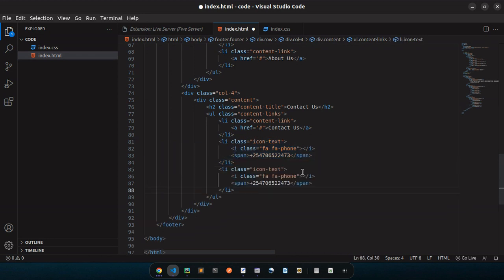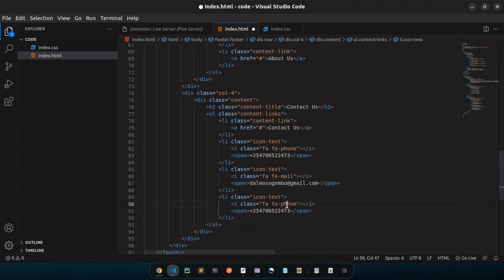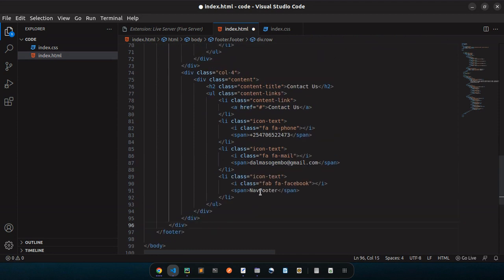Then I'm going to do an email next. I think it's fa-mail. Then I do the mail here at gmail.com. And after that, I can add even Facebook, just your Facebook name. And that's after the contact us. Then we shall have another div, col-4,